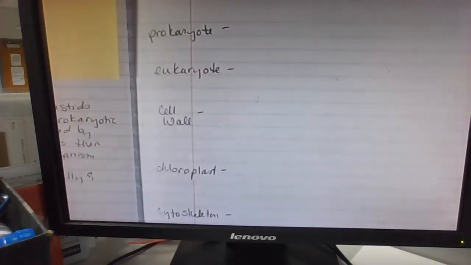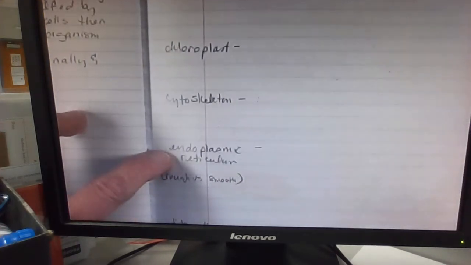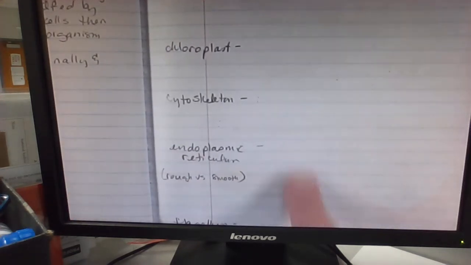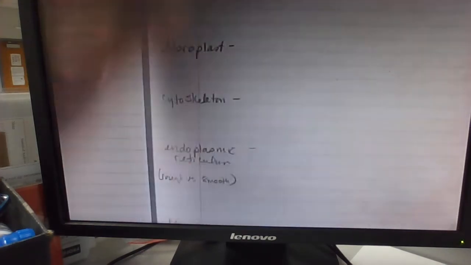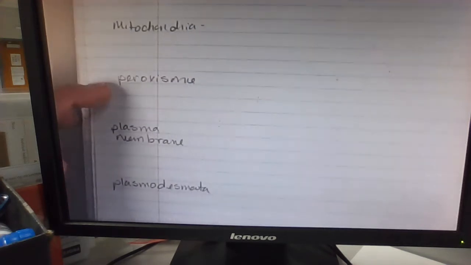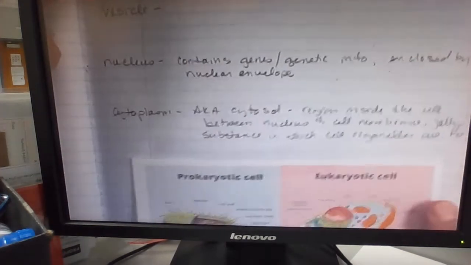Prokaryote, eukaryote, cell wall, chloroplast, cytoskeleton, endoplasmic reticulum, rough endoplasmic reticulum, smooth endoplasmic reticulum. That's why there's a little extra space there, so make sure you know the difference between the two. Flagellum, Golgi apparatus, lysosome, mitochondria, peroxisome, plasma membrane, plasmodesmata, ribosomes, vacuole,